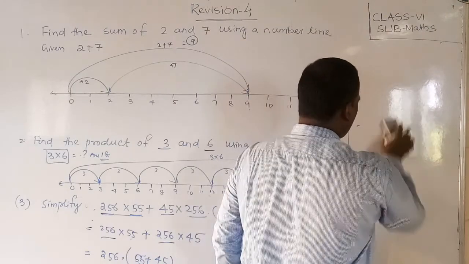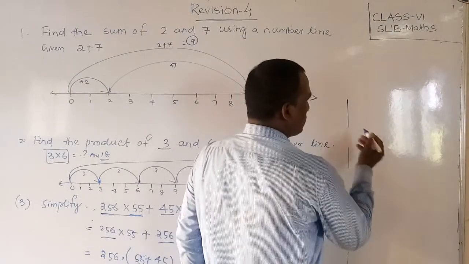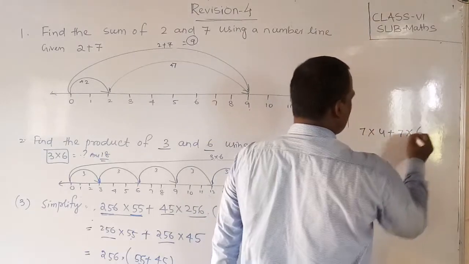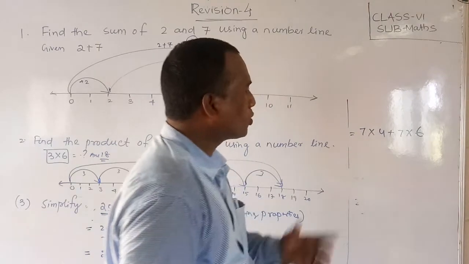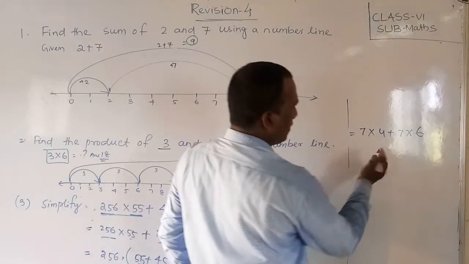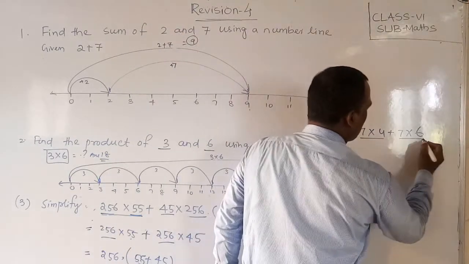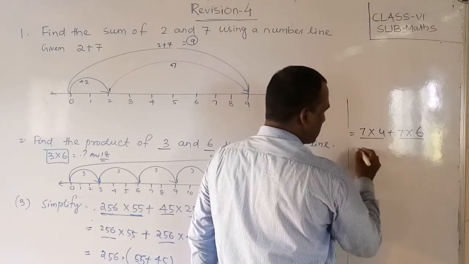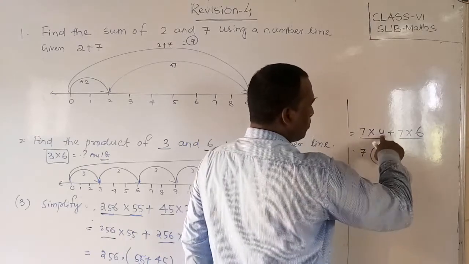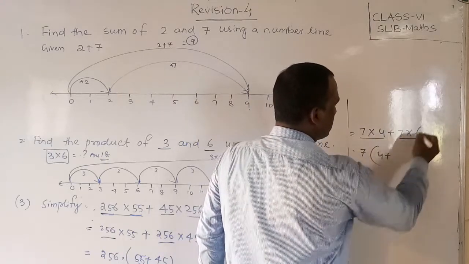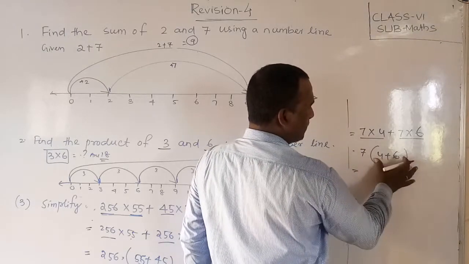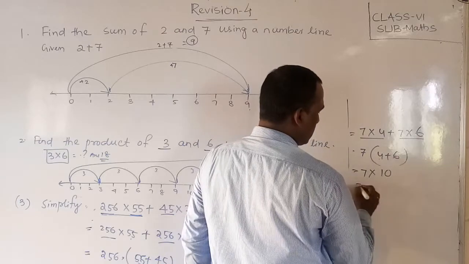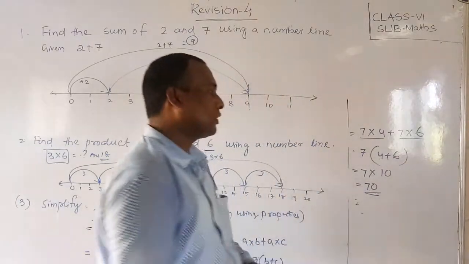Okay? I am telling one general example here also. Suppose, friends, 7 into 4 plus 7 into 6. I will simplify. What do you do, students? Now observe here, one general common number you have to see. Two multiplications are there, and this 7 is multiplied with this, 7 is also multiplied with this. Here 7 is taken out, and the remaining numbers are 4 and 6, kept inside the bracket with addition. Okay, 7 into 4 plus 6 is equal to 7 into 10, which is 70. This is also the distributive property.